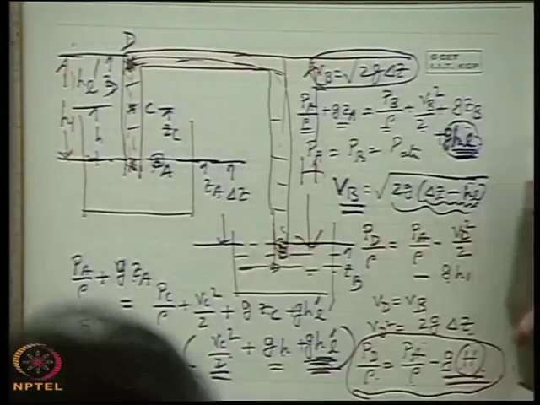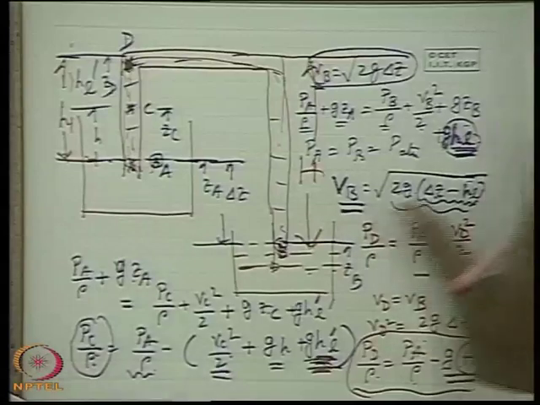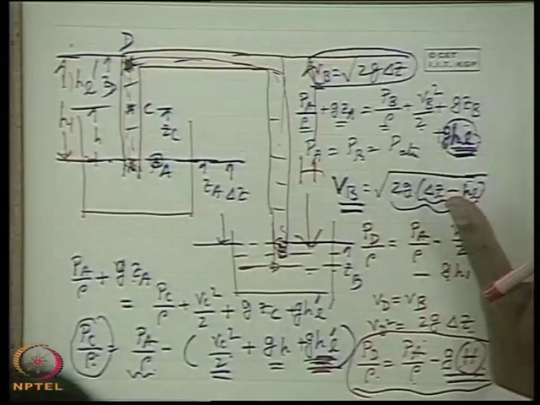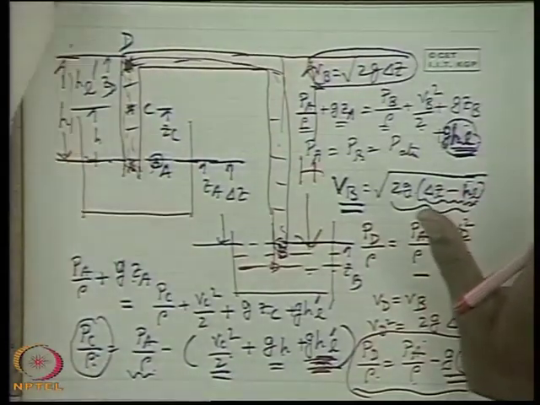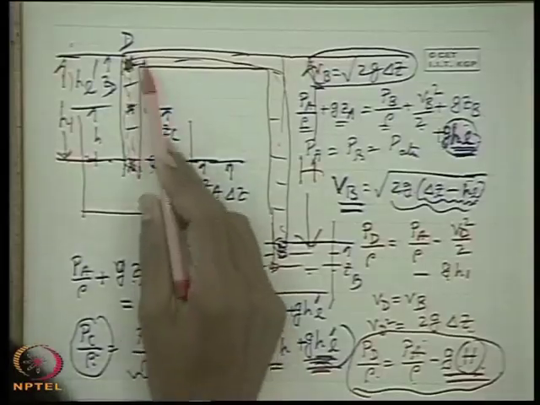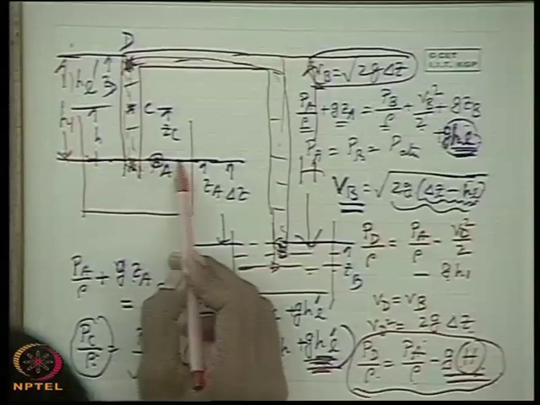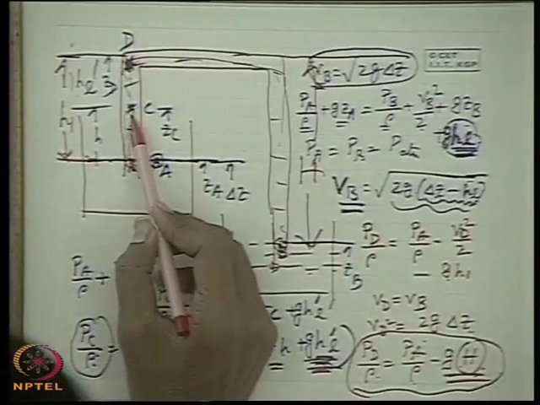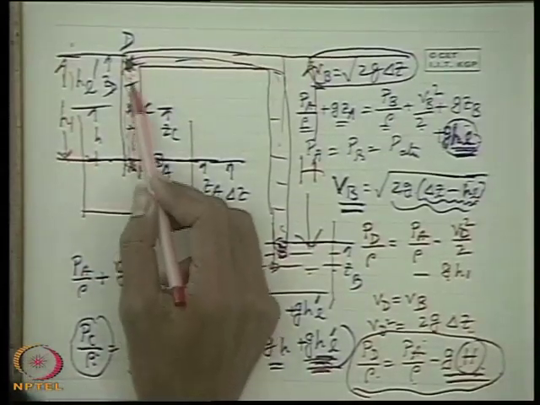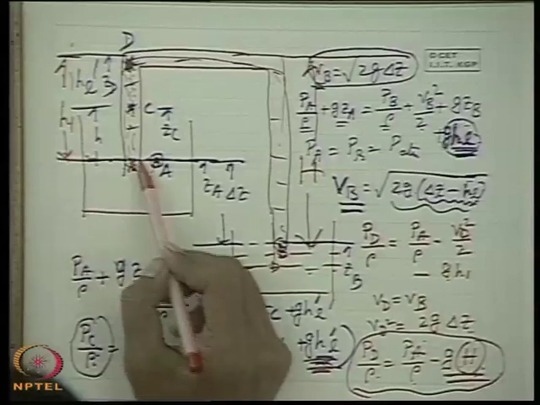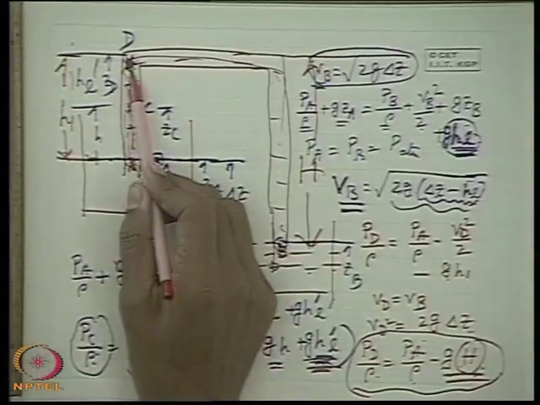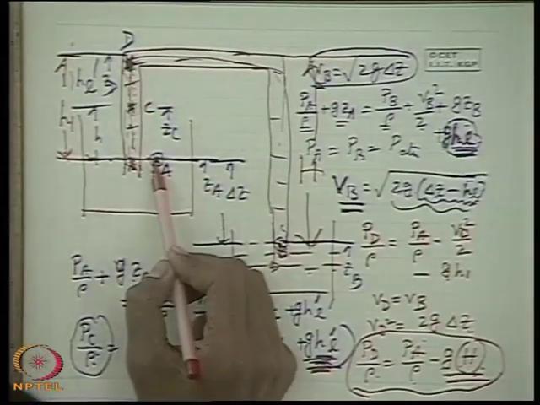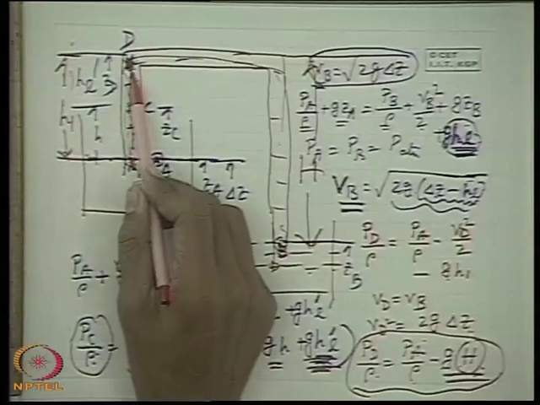Now in this context, I would like to tell you one very important piece of information about fluid flow, which is very important for designing any practical equipment. First, you see that in this type of situation, if this surface is open to atmosphere, then these points have pressure below the atmospheric pressure. As you go up, the pressure becomes lower and lower than the atmosphere, and the vacuum pressure increases.